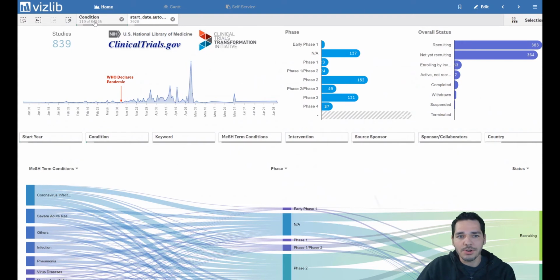Looking at the 119 or so conditions related to COVID virus and coronavirus and respiratory diseases, we're looking at studies that have started or have an anticipated start date in 2020, giving us 839 studies. And on our Vizlib line chart, I dropped this annotation that shows us on March 11th that the WHO declared the pandemic. And you can see because of that, there have been a number of studies that have anticipated start